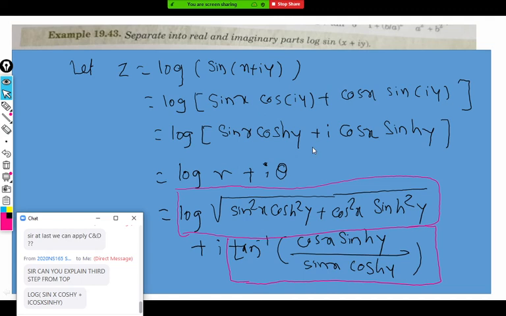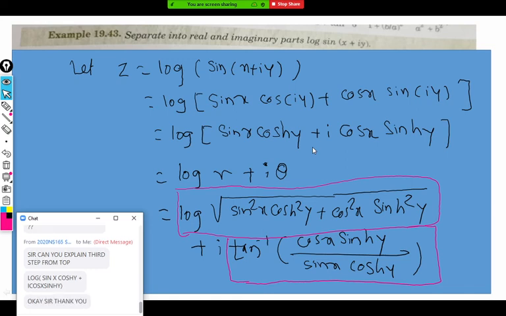We discussed that time that iota works like a negative sign for odd functions. Whenever there is an odd function, sine, tan, cosec, circular will be converted to hyperbolic and iota will come out. But whenever it is an even function like cos, sorry, cot is not cos, so that is cos of iy. Cos of iy becomes cos hyperbolic y. We discussed that already. So you should first of all go through the set of formulas we wrote in the beginning of hyperbolic. One is the relation between circular and hyperbolic, second is the hyperbolic identities.